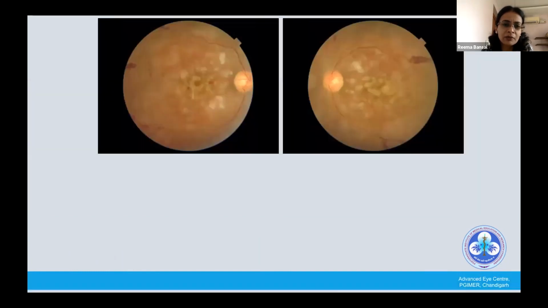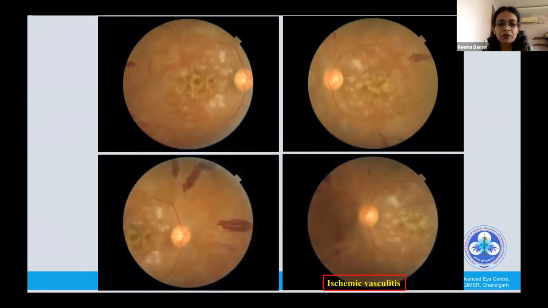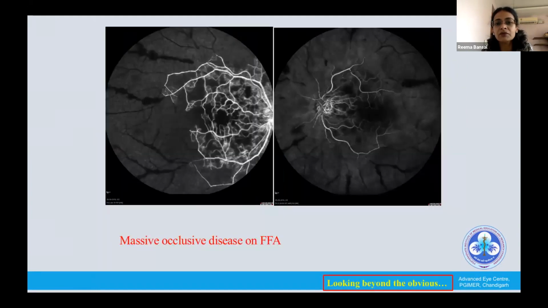So here it's just the imaging that tells us the diagnosis, and we really don't have to investigate elaborately for this patient. Another case of ischemic vasculitis, a very young male, almost in his 20s, presenting with sudden loss of vision. You can see multiple cotton wool spots in the posterior pole. You can see severe arterial attenuation, and if you go down to the periphery, multiple hemorrhages. Now we know we are dealing with ischemic vasculitis, but what beyond that? We do a fluorescein, and we found that there is massive occlusion in the right eye, and